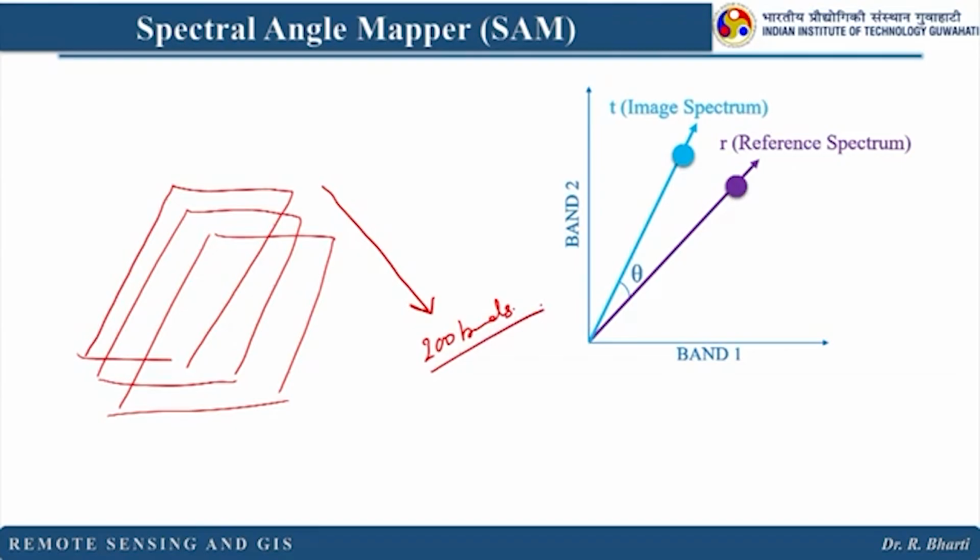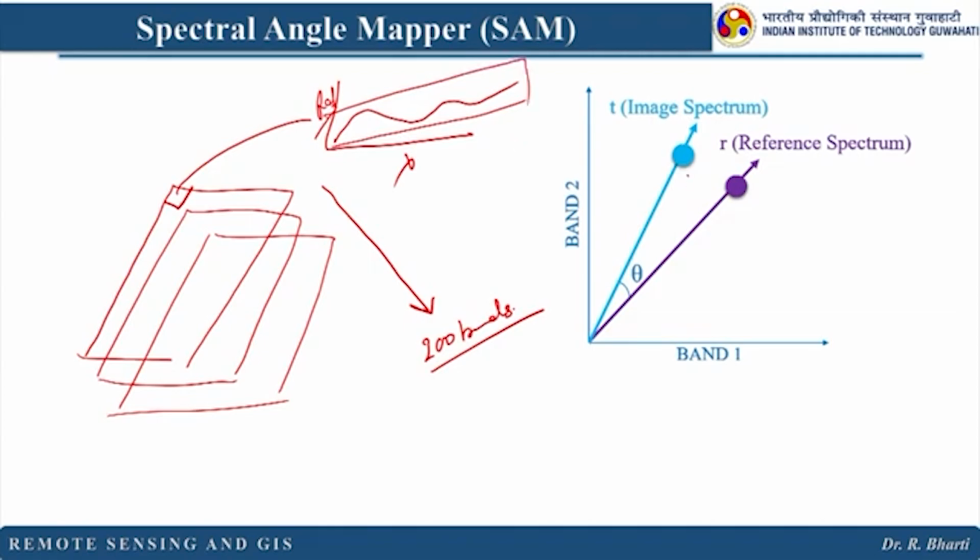Now, when we want to classify our image, the first pixel is considered, and in the first pixel we have derived the spectral response, where this is the wavelength and this is reflectance, and this particular data is